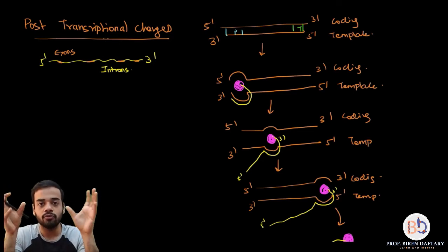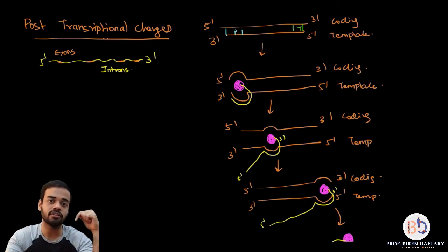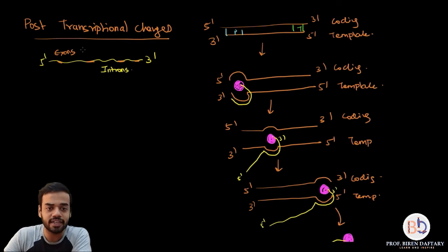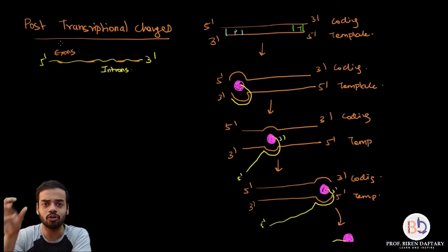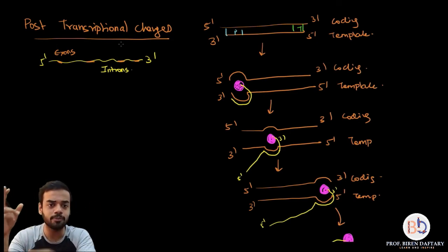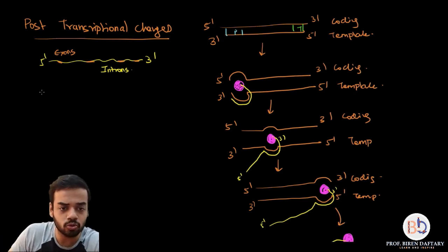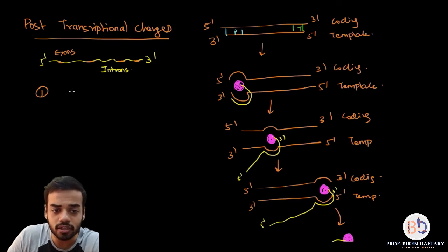Now see, for translation, because this mRNA is going to now move out of from the nucleus and going to the cytoplasm, and along with ribosomes and tRNA, translation is going to occur. For translation you require exons. Okay, exons have all the coding areas. Okay, introns do not have coding areas, so introns are not required for translation. So why do you want to unnecessarily increase the length of the mRNA? So the first step in post transcriptional analysis or changes is that those unwanted introns are removed,